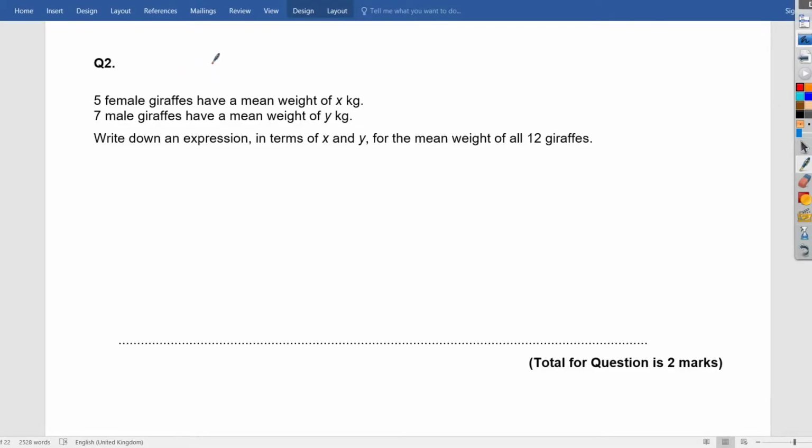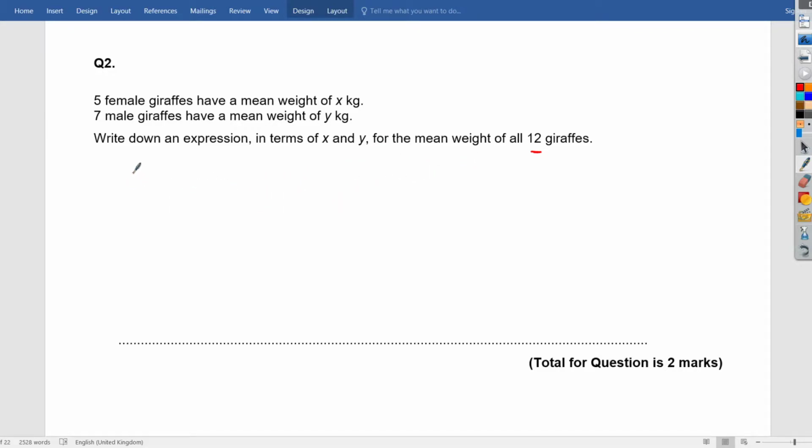Okay, continue with the higher unit 2, question 2. So it goes here, 5 female giraffes have a mean weight of X, 7 male giraffes have a mean weight of Y. Write an expression in terms of X and Y for the mean weight of the 12 giraffes. Okay, so first of all, we need to know what the total weight is of all the 12 giraffes, add them up together and divide by how many giraffes there are, which is hence, in this case,